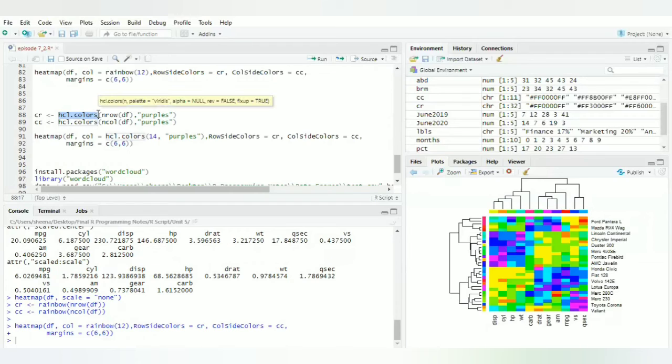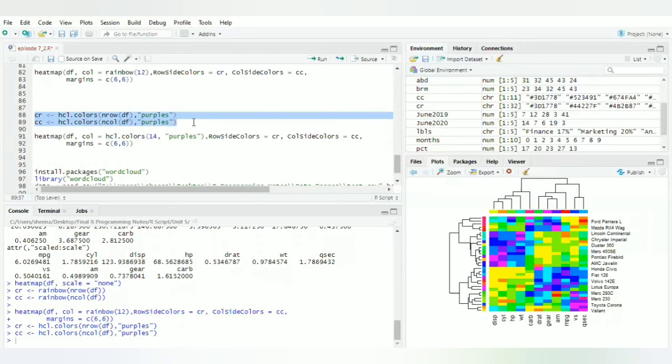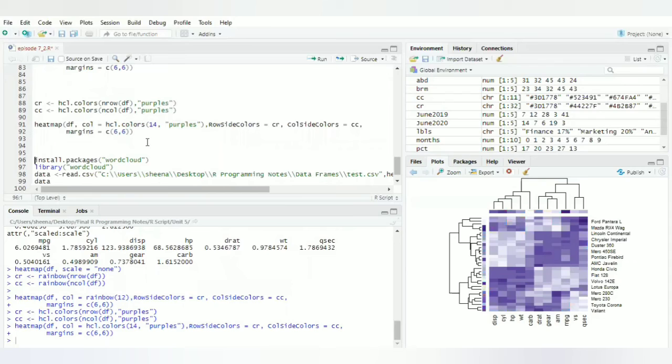You just note down, this is a color palette using which you can create your own colors. So here it will give you shades of purple color. So I have taken shades of purple color, and then I have drawn a heat map. Rest all arguments are same, only the color I have taken is a purple palette. So I will draw a purple heat map. So students, if you want to save it, you can zoom it and see, and if you want to export it, you can export and save it anywhere.